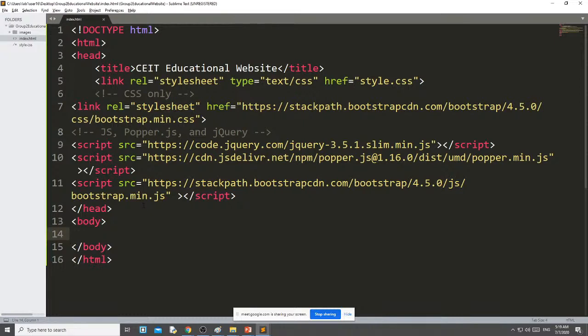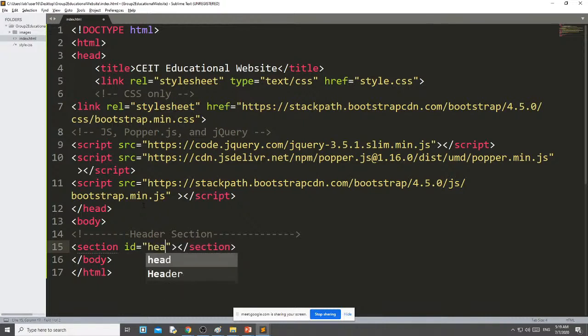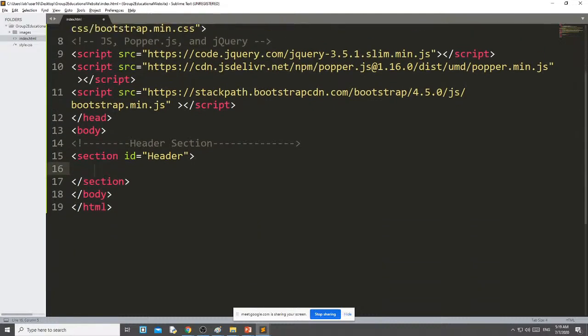It is the proper documentation way. That's why here I use a comment line and write header section. Then I use section with id, and I give the id header.